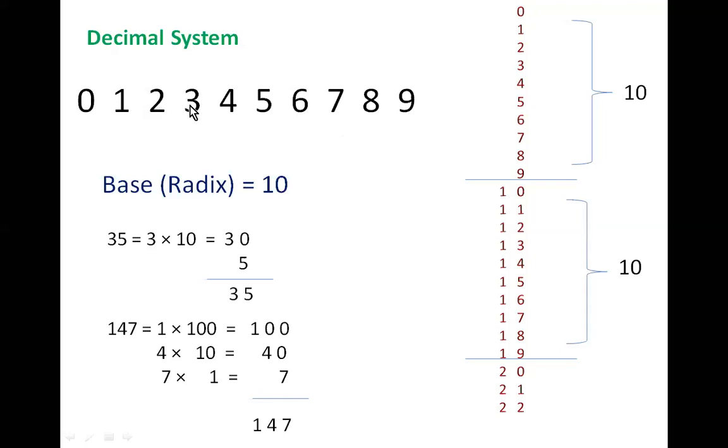Right, 0, 1, 2, 3, 4. How big is 7 compared to 1? 7 is 7 times as large as 1. 9 is 9 times as large as 1. Or 3 is 1 unit higher than 2. 4 is 1 unit higher in weight than 3. 5 is 1 unit higher in weight than 4. Right?